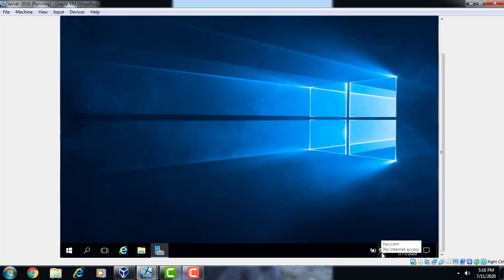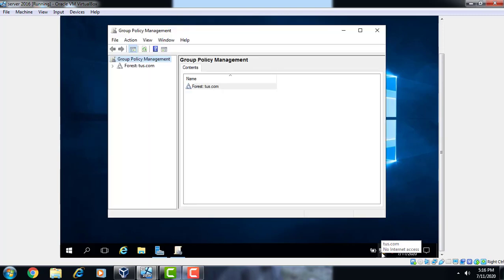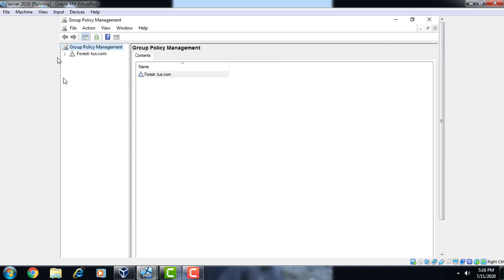As you can see, our domain is tushar.com. Now the group policy management window is open. Now go to domains, expand the domain.